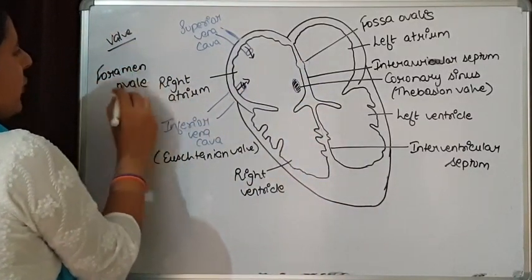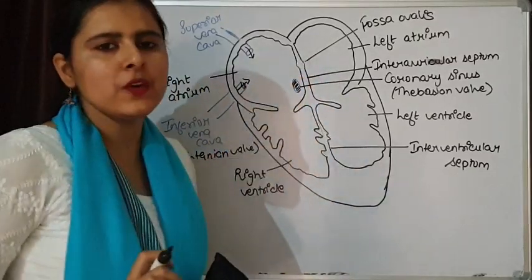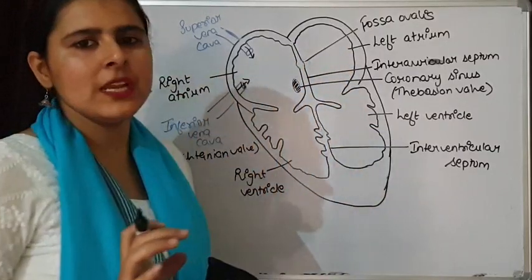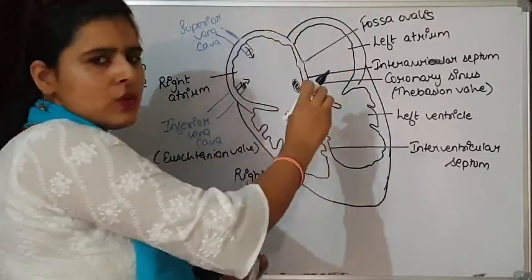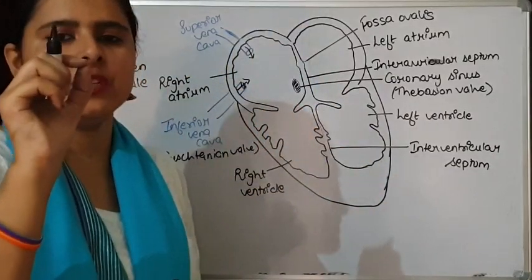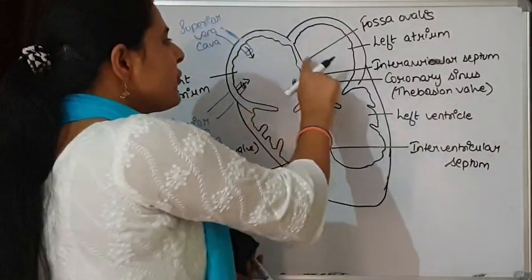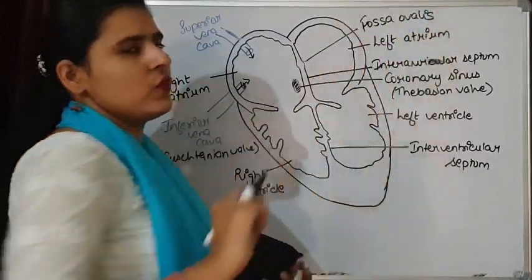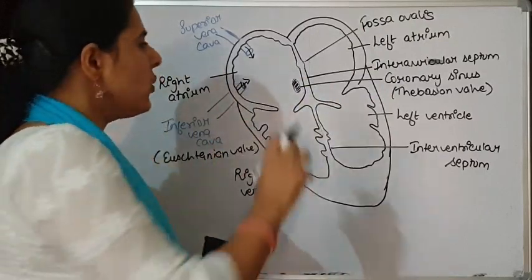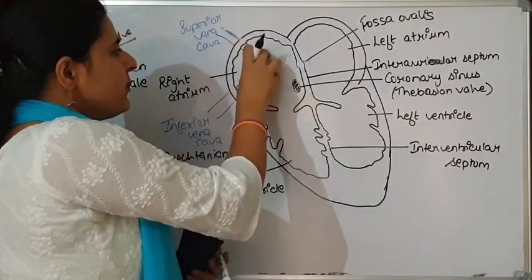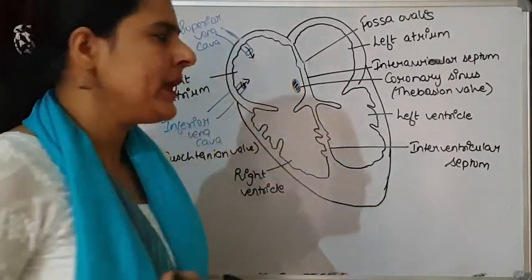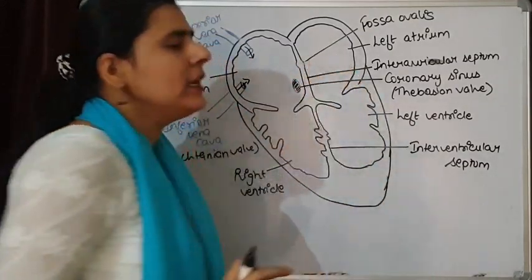So foramen ovale is the opening that is present in the fetus at the embryonic stage, but during the time of complete maturation and birth, it is completely closed, and because of its closing there is a small depression that is left over here. That is known as fossa ovalis. So this is about the right side, and all these structures are going to pour deoxygenated blood in this right atrium. Now let's see what is happening in the left atrium.